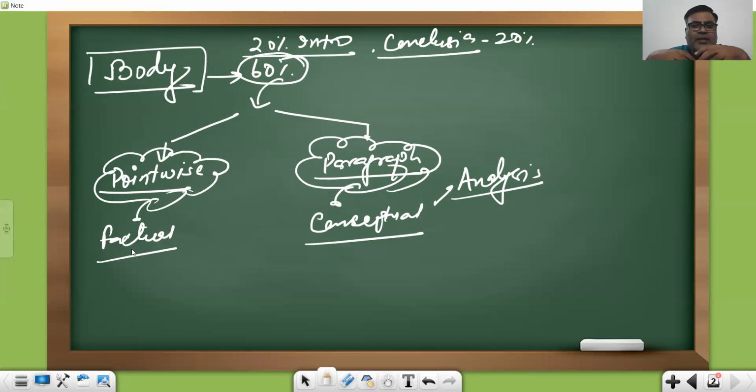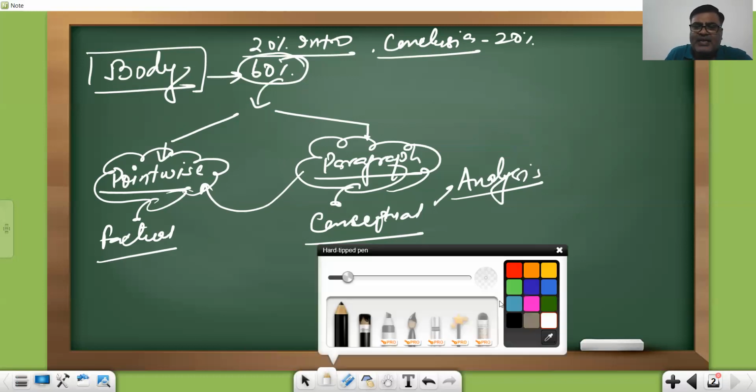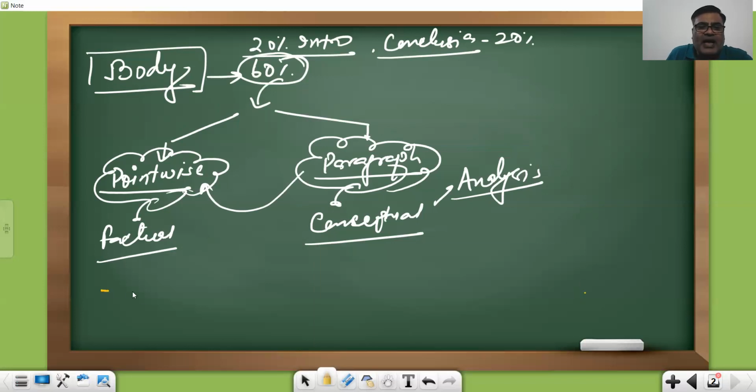Now, as you find out that nowadays in humanities, in most of the papers, like paper 1, 2, 3 and all, most of the questions have a blend of conceptual and factual things. Then obviously in that case, your answer should become what? Your answer should also be carrying the paragraph as well as the points, wherever it is required, whichever way it is required, that you can give.